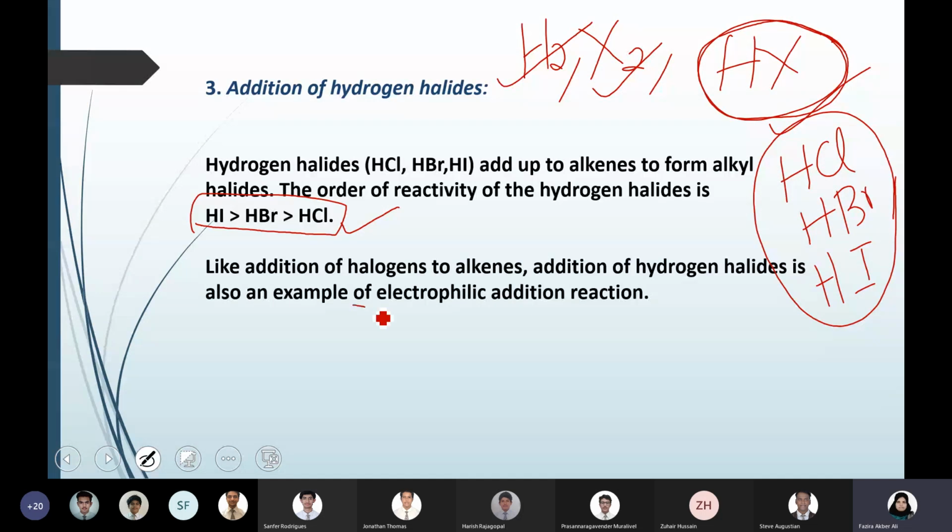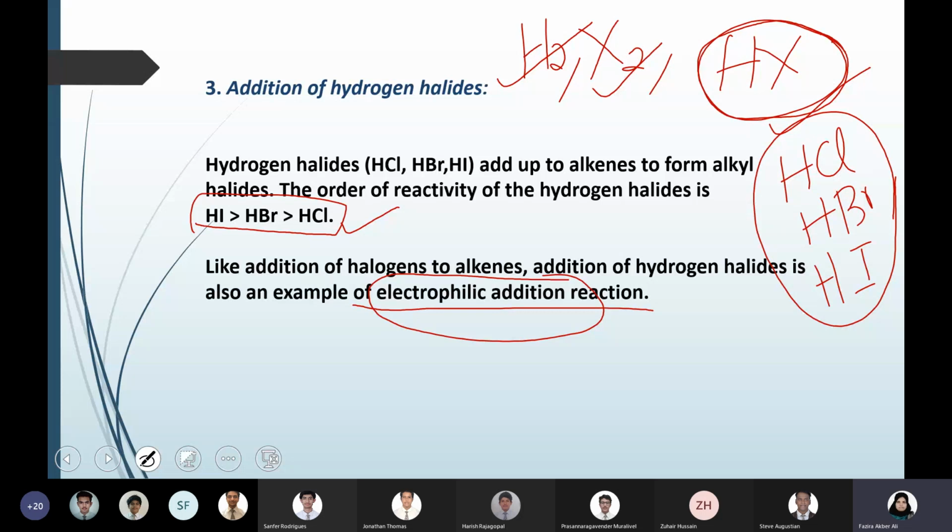And this is also an example of electrophilic addition, because, as I've told you all the time, you are adding a substance to a double bond. Double bonds are electron rich, so they can attract an electrophile. The electrophile will come and add across the double bonded carbons. That is why all these reactions are examples of electrophilic addition. And this is one of the important reactions that you are learning this year. Addition of hydrogen halide is very simple, but there are different classification types possible here.